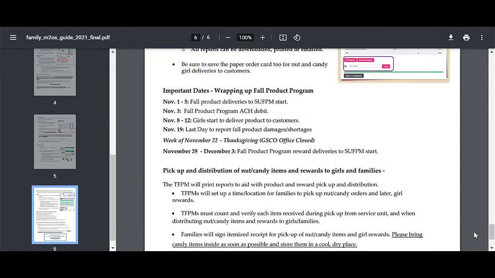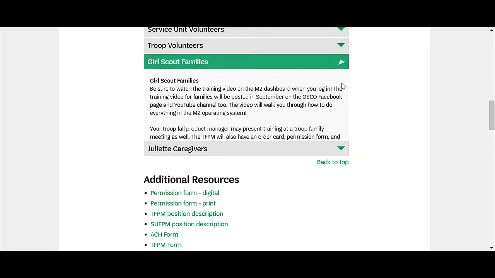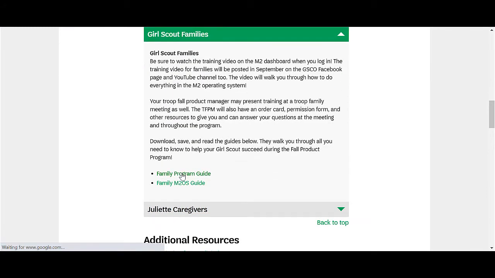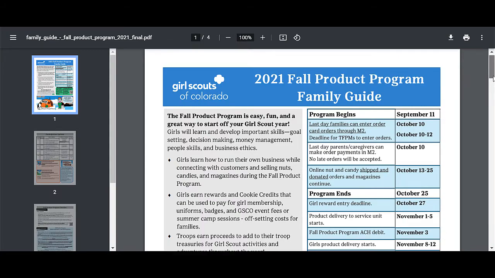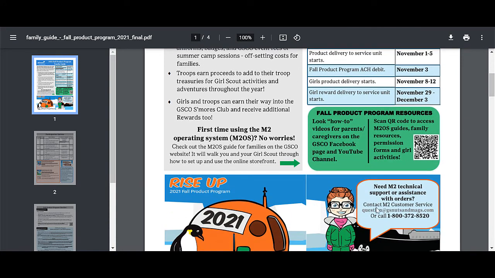Now let's take a quick look at the program guide. Select the drop-down menu again. Click on Program Guide. In this guide, you'll see a summary of the program, important dates, a QR code to take you back to that Fall Product Program resources page,